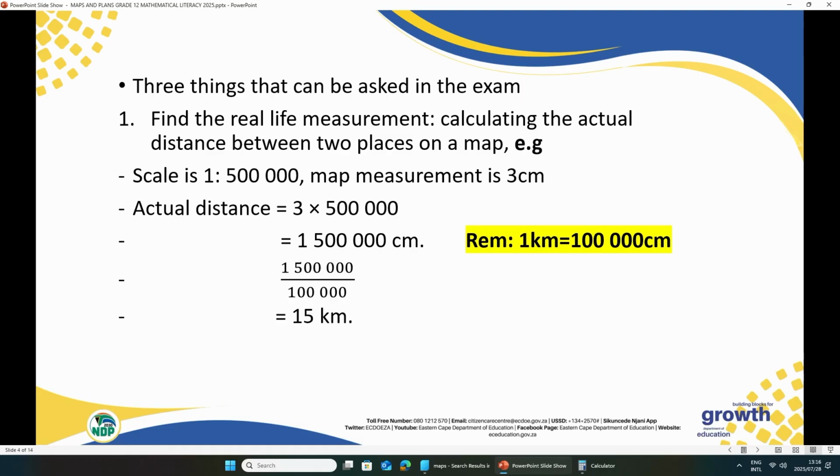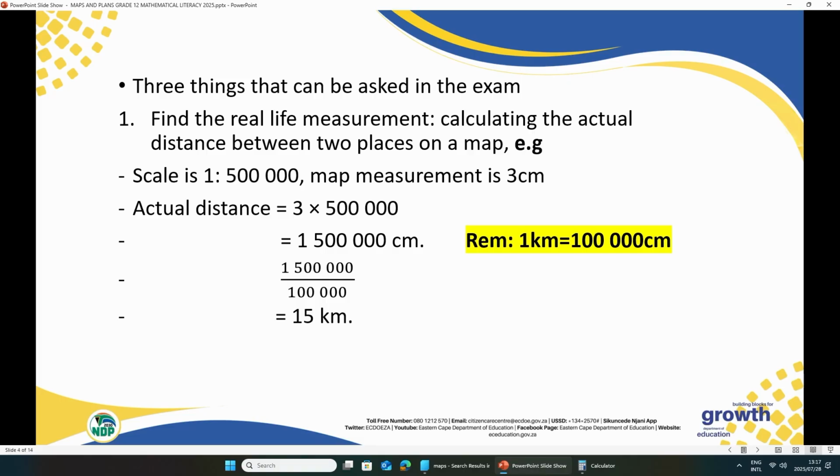3 things that can be asked in the exam. Number 1, you can be asked to find the real life measurement. That is where you calculate the actual distance between 2 places on a map, like what I was showing there. If the scale is 1 to 500,000 and the map measurement is 3 centimeters, how do we calculate the actual? Remember, we said 1 represents the map, the left side, and 500,000 is the actual. So I will take the map measurement times the actual, which is 500,000. 3 times 500,000, that gives me